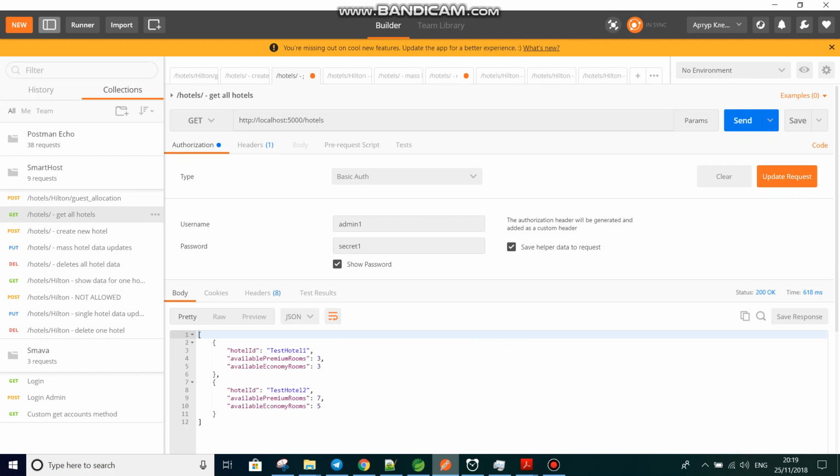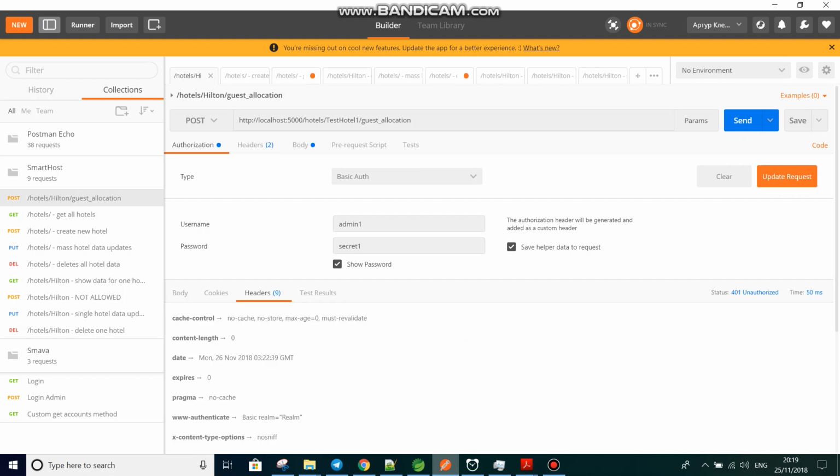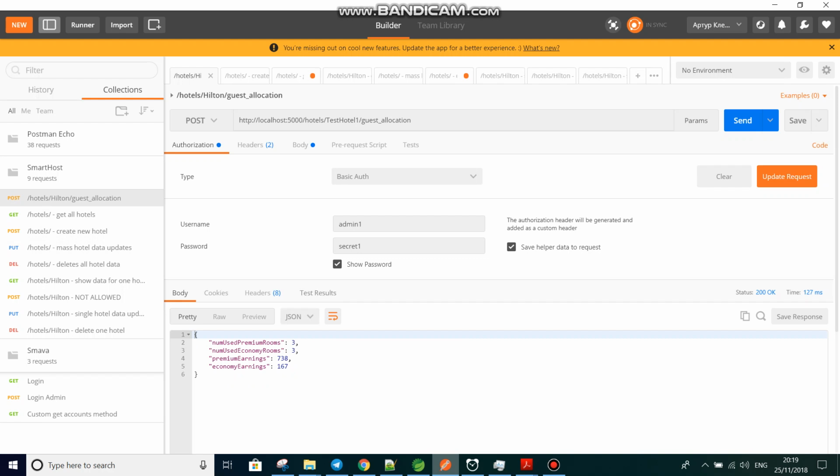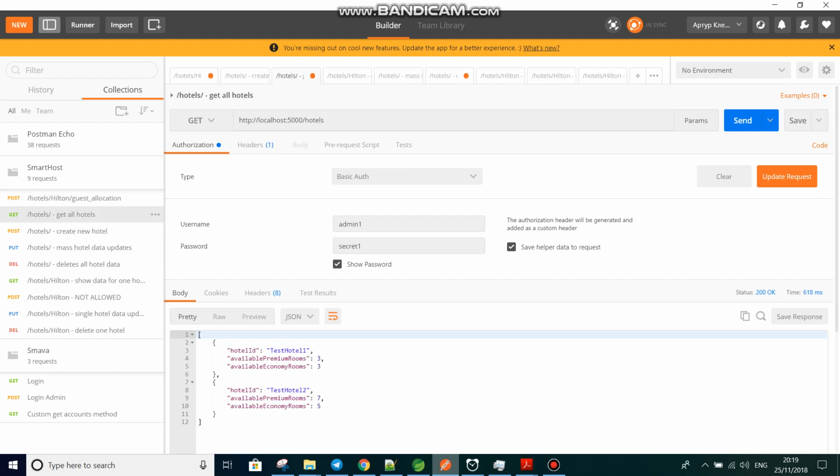Let's see what kind of guest allocation we can get. And this is the response. Let's use the other one. And by using this API, actually, for example, create a new hotel called Hilton, 50 rooms in each. Let's see if it's in the database. You see Hilton is now in the database, and ta-da, we can